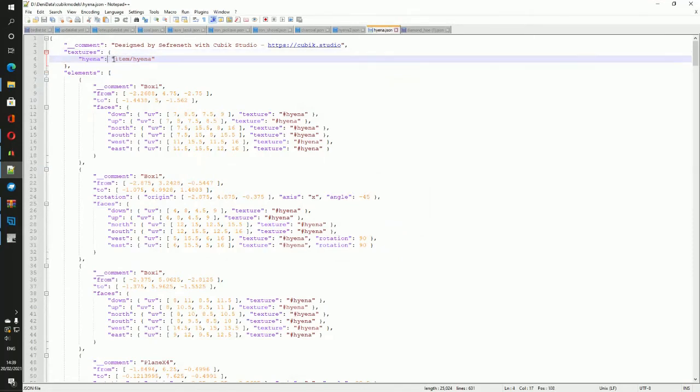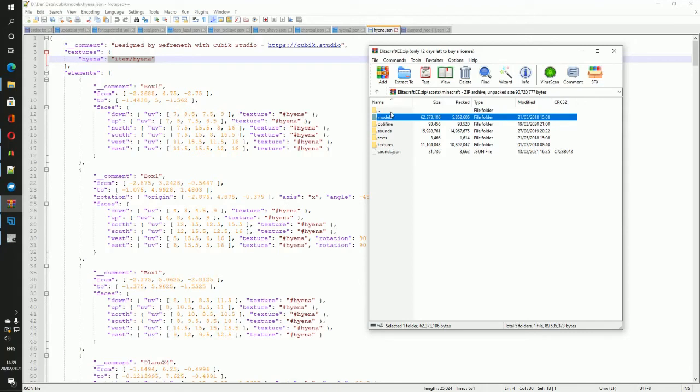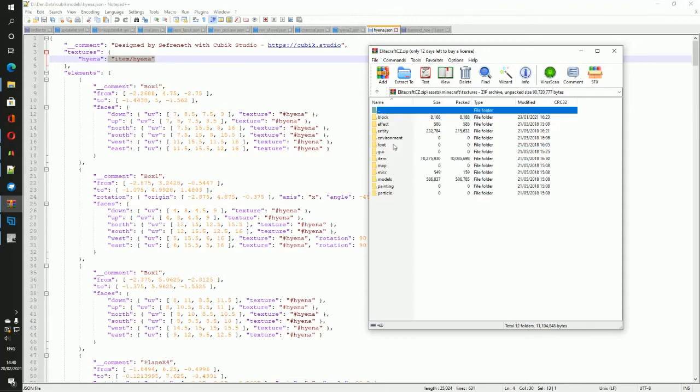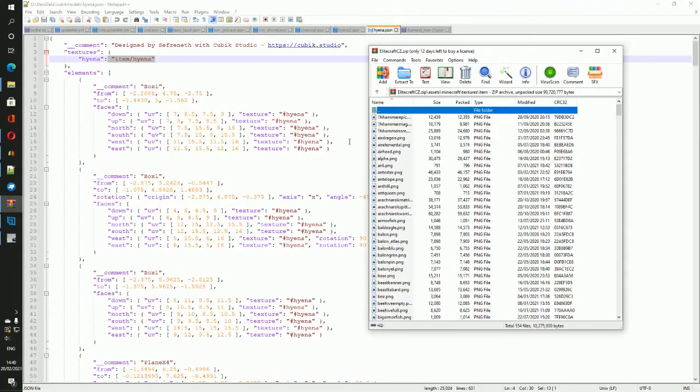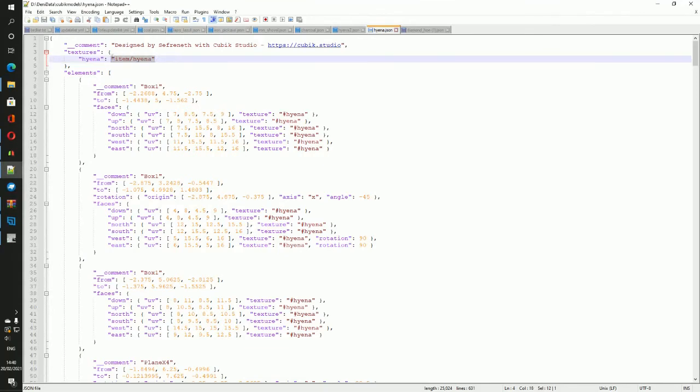So this is where you will be putting your textures in your resource pack. Let's go ahead and have a look in our resource pack. So we go assets, Minecraft, textures, item. You see, that's the item slash hyena. That's the thing that you will be looking for. So you need to save it like this, and you need to make sure every single time,